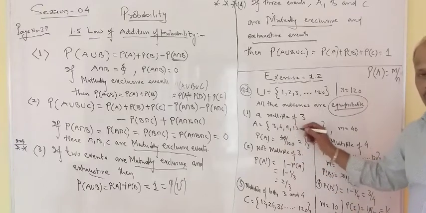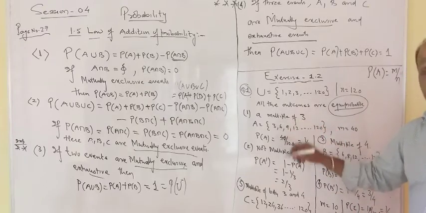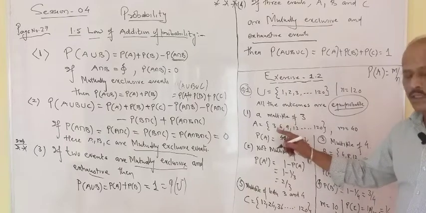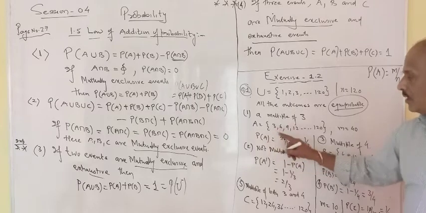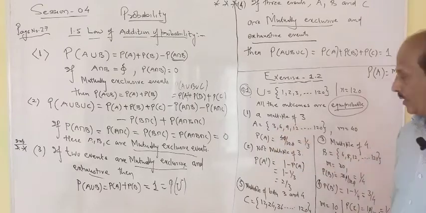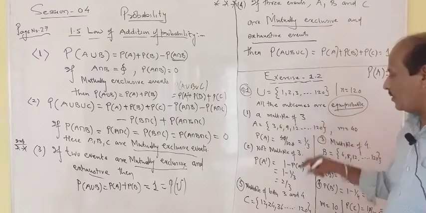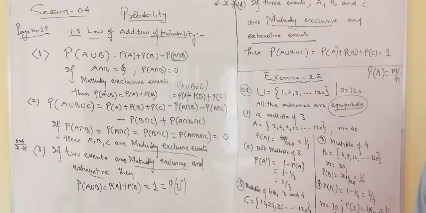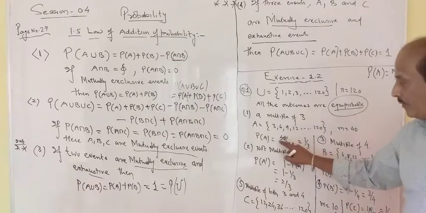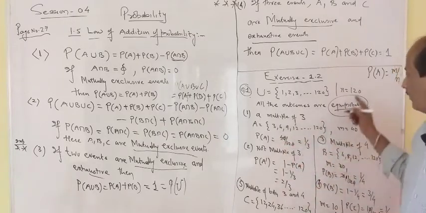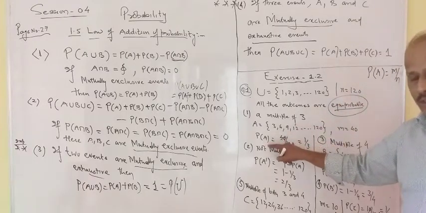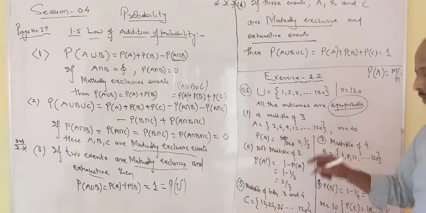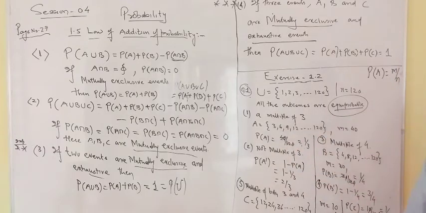No need of writing all the members, you can directly get the number just by your arithmetic progression type of property also. Otherwise, if you want to write, 120 is within our limit. So 3, 6, 9, 12 up to 120, total members are 40, since 3 times 40 is 120. Automatically you will get the number of favorable events, 40. Total number of events, I already told you, is 120. So see that formula, m by n. So the probability of event A is 40 upon 120, that is 1 by 3.